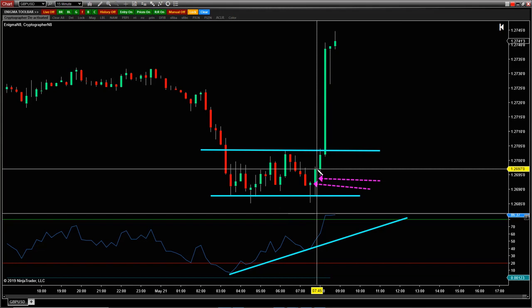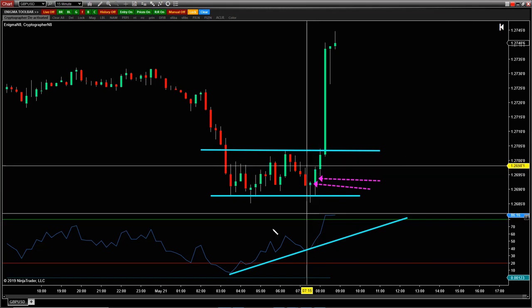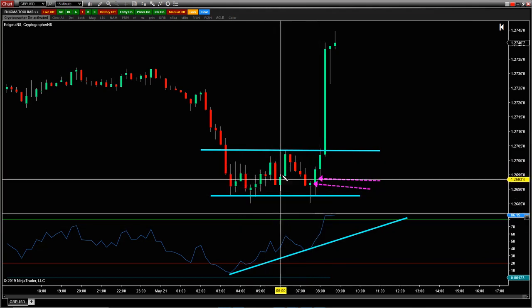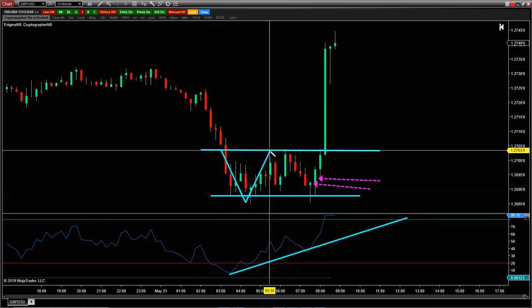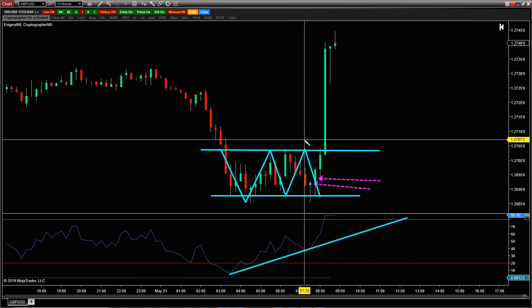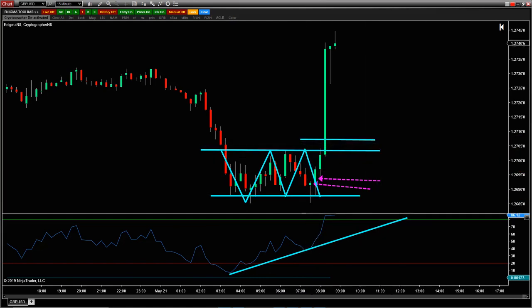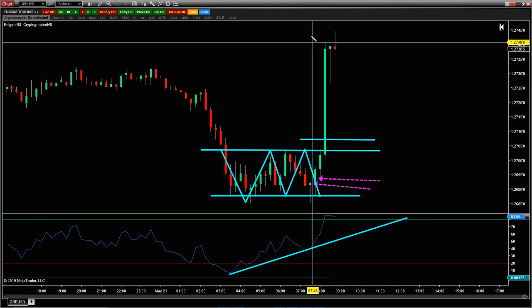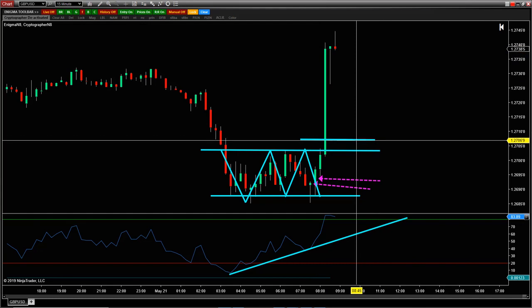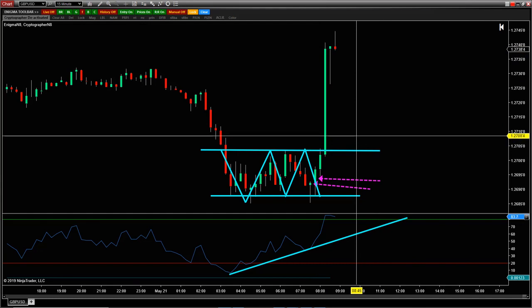This was at a decent level. We identified this on the higher time frame, a decent level of structure you look for. Again, if you see it as a double bottom, then yeah, that's an ideal trade right there. But if you're looking at this channel, this would be one where if you're a breakout trader, trade the break. If you're an aggressive breakout trader, you're trading it during this break. If you're a more conservative one, you're waiting for the break and close. Obviously, you don't want to trade it after that. A little too far away. But those would be two ways to handle it. Or, of course, waiting for the pullback, which you never got.